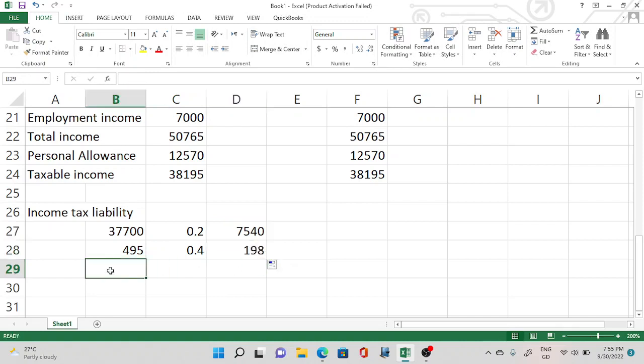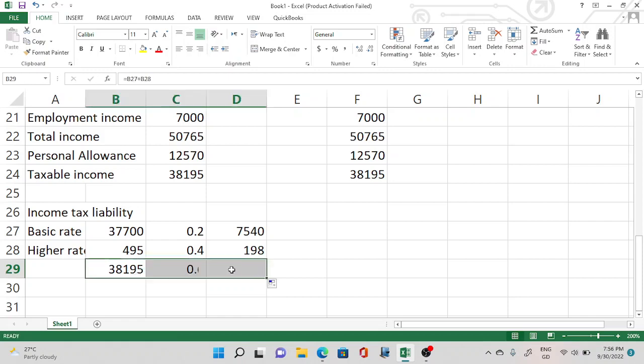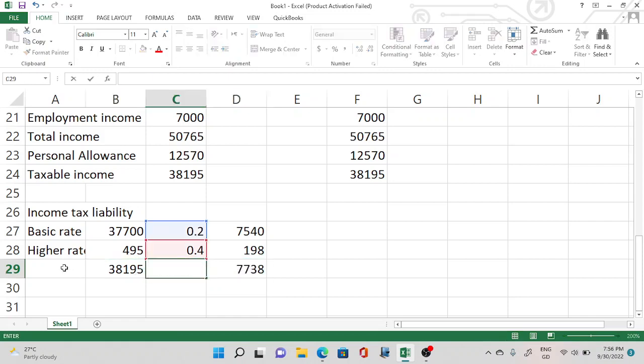Here I'll get the total. This one falls into the basic rate, and the next would be on the higher rate. I hope you understand. So the total income tax liability